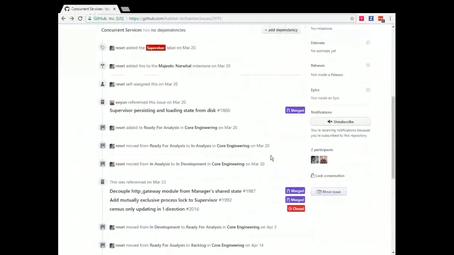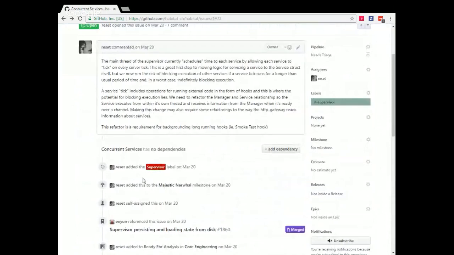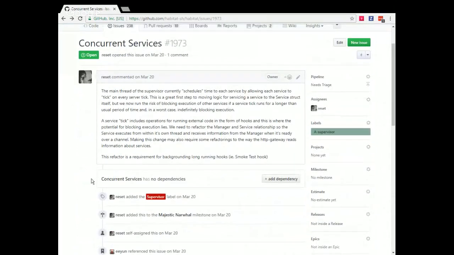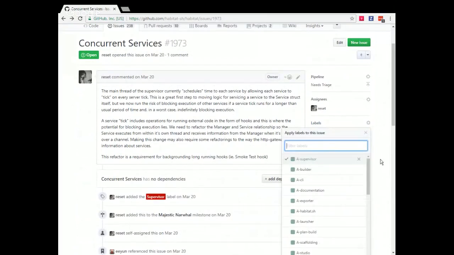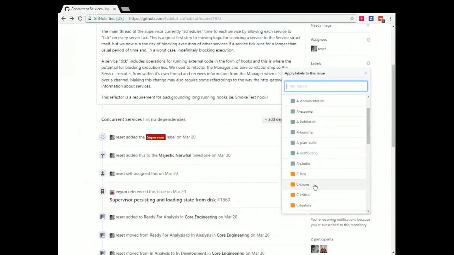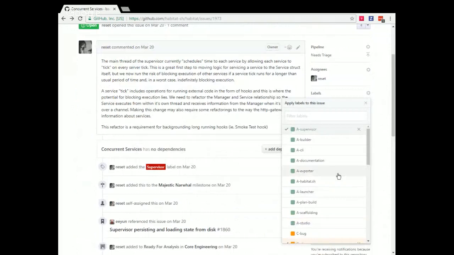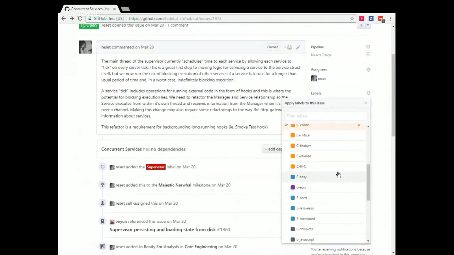This is likely to be more refactoring than anything else. I'm going to put it in as a chore for now. It is kind of also a feature, or at least enables us in some other features. But right now, that's just going to be a chore.